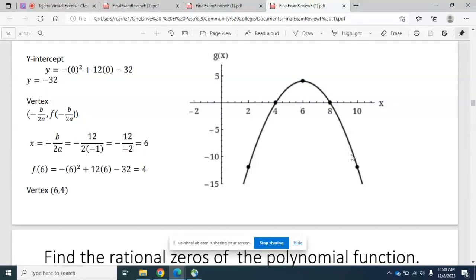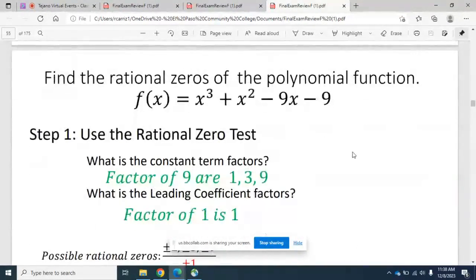Okay. All right. Let's go to another example. This problem says, find the rational zeros of the polynomial function. So we have f of x is equal to x cubed plus x squared minus 9x minus 1. So the first thing for us to find the rational zeros, for us not to just pick numbers at random